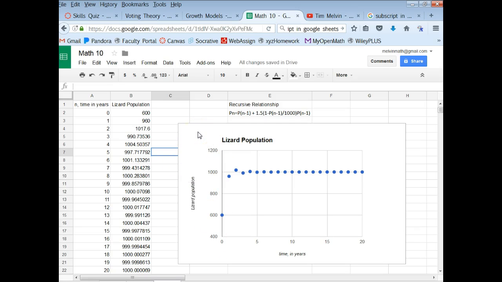Okay, so I don't actually need to change much. I've got the recursive sequence and the scatter plot we generated in the last video. Really all I need to do is change my recursive relationship. Instead of 1.5, that's now going to be 2.49. That doesn't change anything, that's just something for us to look at. So if we go to this lizard population, column B, the initial population is the same. If I go down one, everything in this equation remains the same except that growth rate. Instead of 1.5, I'm going to delete that and write